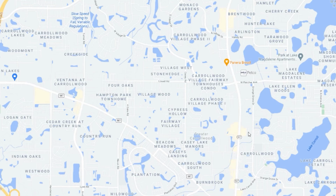If you just want a central hub to visit different areas of Tampa, or if you're going to be meeting up with a realtor when you're visiting, it's a good place. You could stay there and get a good feel for the community and the clubhouse and everything else that goes along with it. Let's get into a few of the actual